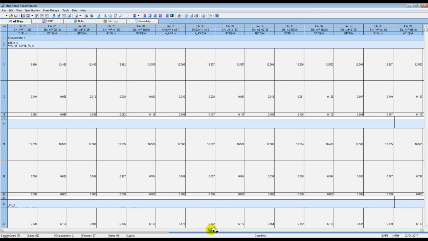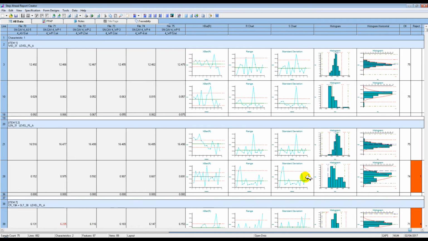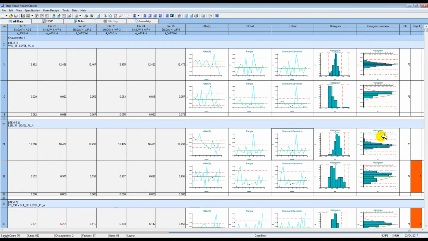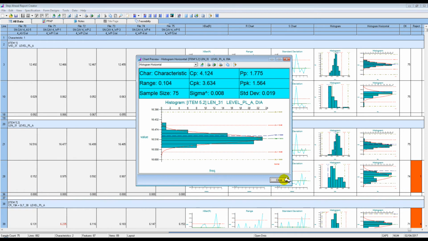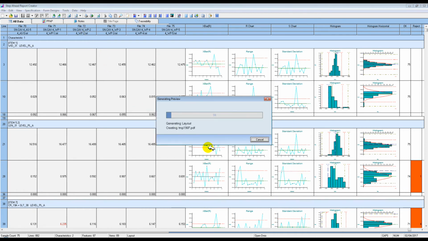So you can see all the data in there and all the charts, SPC charts, and you can export to PDF instantly or print out even from this pop-up window. So you can see all the histograms, everything is updated. And if I do a preview,